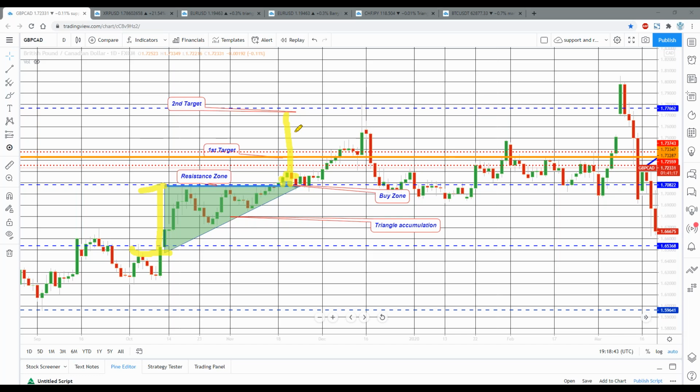But we have a problem because we have a very strong resistance level right here. So we could use the breakout of that base as our second target, but first we have to get through